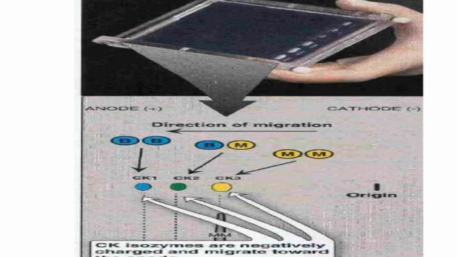This picture is also showing you the movement of these various isoenzymes of the creatine phosphokinase on an electrophoretic field. Since they are highly negatively charged, they move towards the positively charged node, and you can see that CK1 is fast moving. Then we can see CKMB, and the third is CKMM. So this slide is showing you the movement of various isoenzyme forms of creatine kinase on an electrophoretic field.